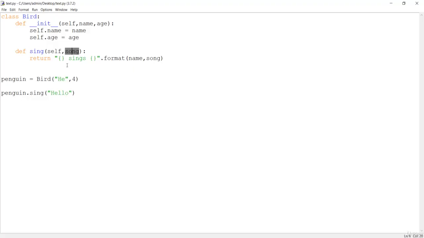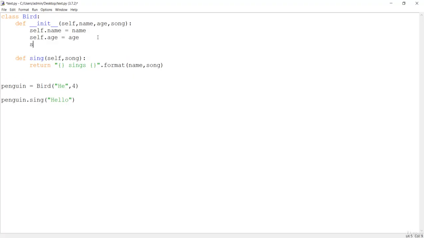If we see here, this song is not an attribute of the class. If it has to be an attribute of the class, it should be assigned over here with the name self dot song, because we are denoting the class attribute.